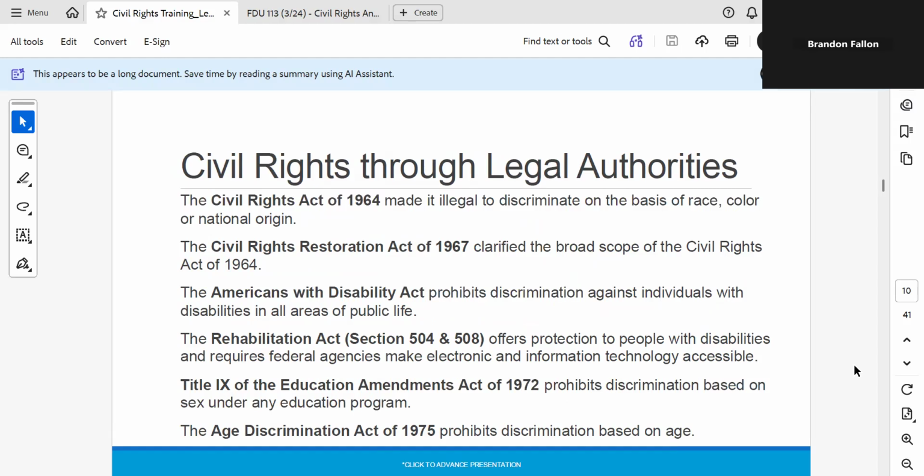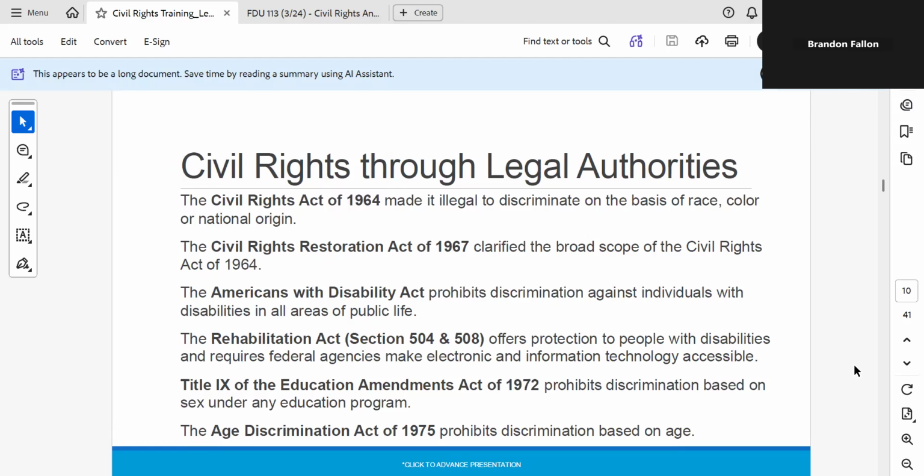The Civil Rights Act of 1964 made it illegal to discriminate on the basis of race, color, or national origin. Civil Rights Restoration Act of 1967 clarified the broad scope of the Civil Rights Act of 1964. The Americans with Disabilities Act prohibits discrimination against individuals with disabilities in all areas of public life. The Rehabilitation Act, Section 504 and 508, offer protection to people with disabilities and requires federal agencies to make electronic